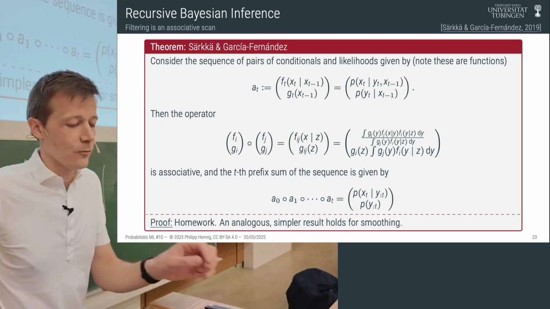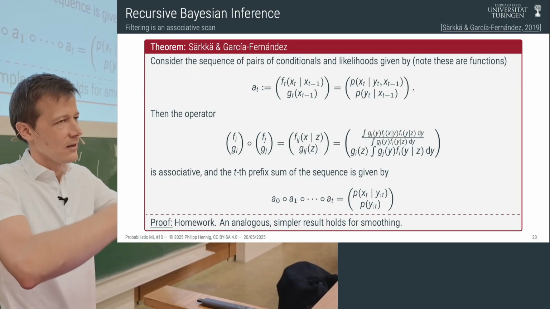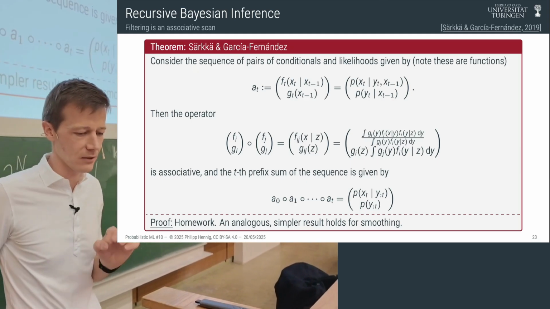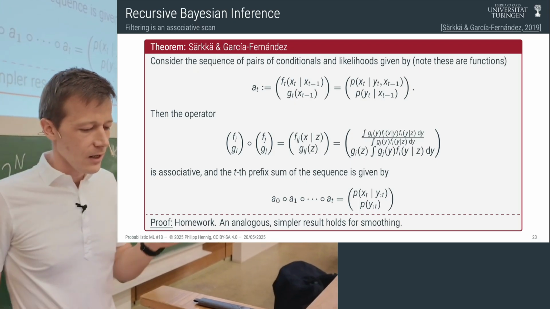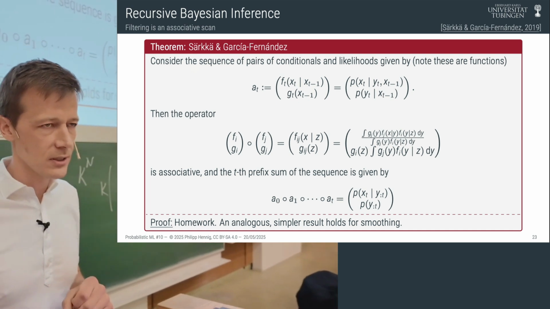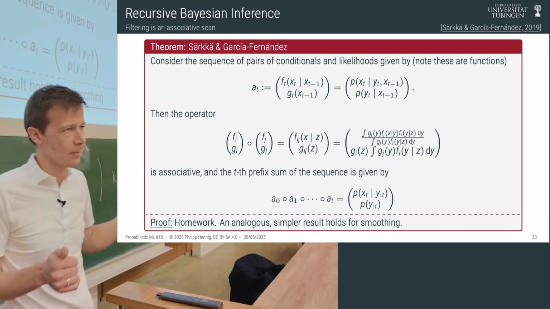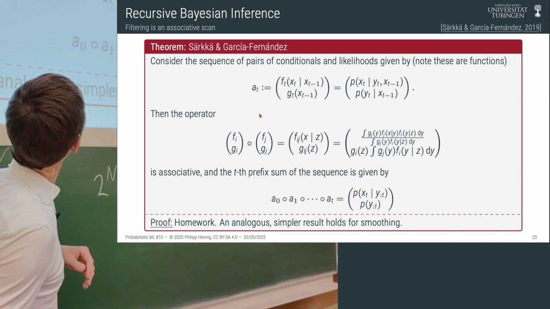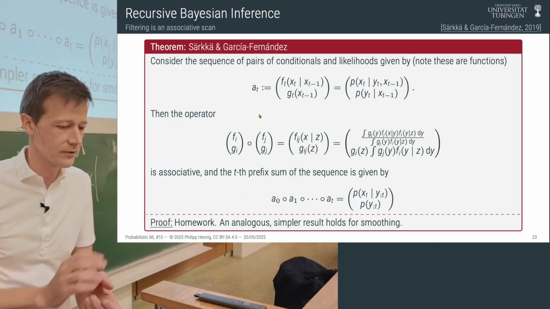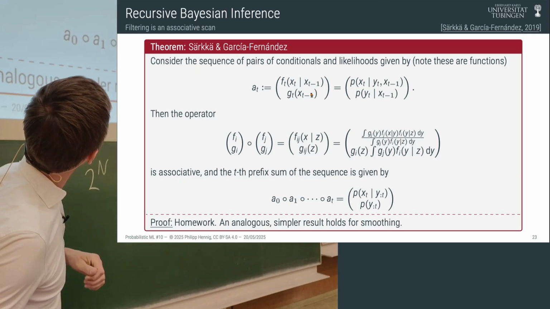But to do that, we need to construct an operation that is actually associative. And it's not the notation we've encountered so far. It's related to it. And he managed to rearrange it such that it works. So he says, first of all, consider a sequence of pairs of conditionals and likelihoods. So that's going to be the sequence, the array over which our associative scan is going to operate. And that sequence, so we basically need to think about what the thing is that we're summing over, right? Or not summing, but doing the associative operation over. And it happens to be this sequence, which abstractly we're going to write like this.